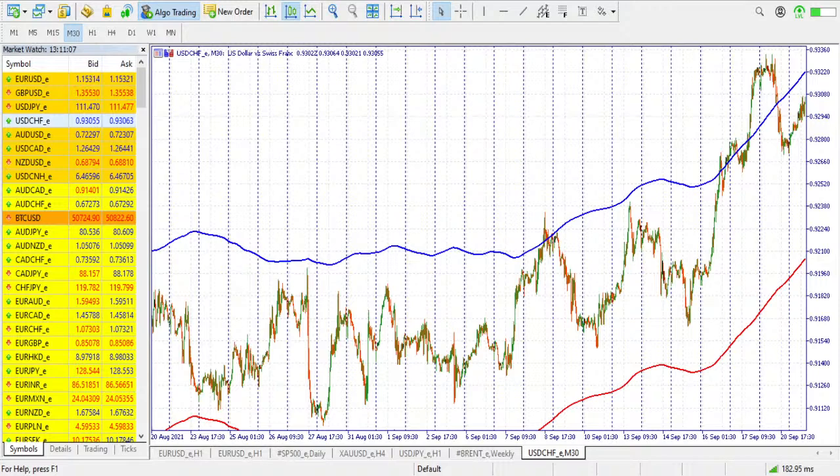Alright, so this is one way you can get it right, because if you're just using the default settings to trade using the envelopes, you are not going to get exactly what you are looking for. When the price is touching the upper band here, this becomes an overbought area, which means it's an area